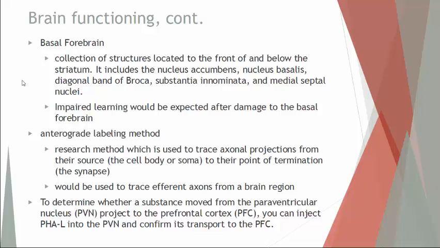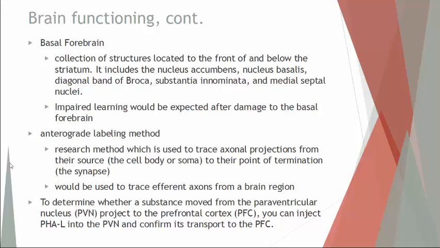And it's called anterograde because it's going from the axon down to where it terminates, down past the synapse. So you can use this to trace axons and where their neurotransmitters will end up targeting or end up terminating at. Now if you do this the opposite way, going from the target tissue back to what axon it came from, that's called retrograde labeling. But anterograde is going from the axons and following the diffusion of the neurotransmitter after that point.